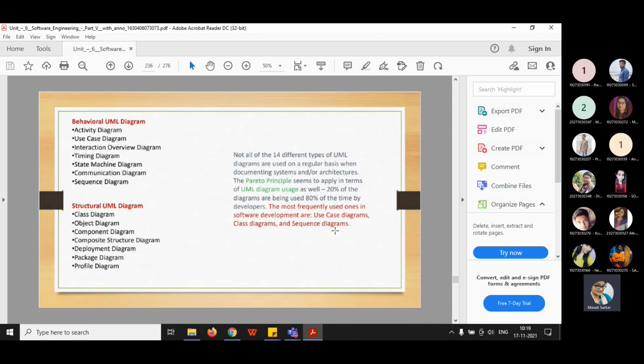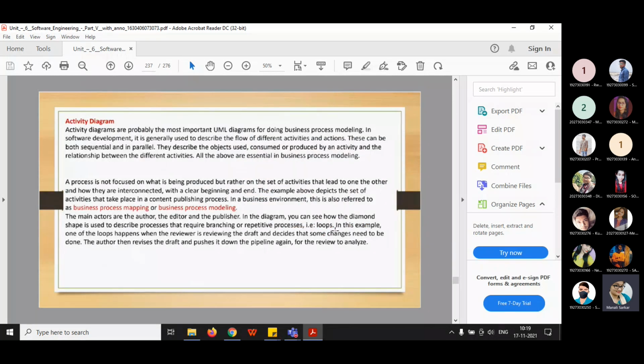So whenever you will be doing any web development project in final year, or any project right now, you will see that in your documentation part you will be considering the use case diagram, class diagram, sequence diagram, then data flow diagram, and another one is ER diagram. Okay, so these diagrams you will learn. So see, what is an activity diagram? First we will understand what an activity diagram is.